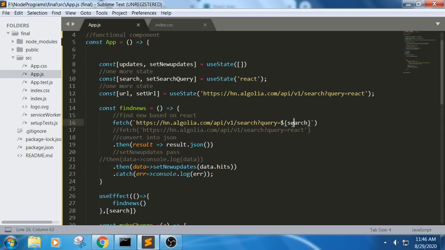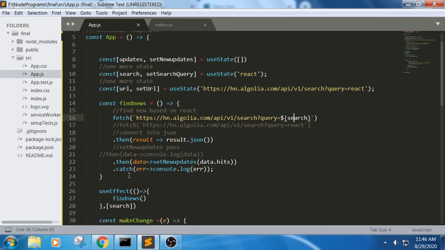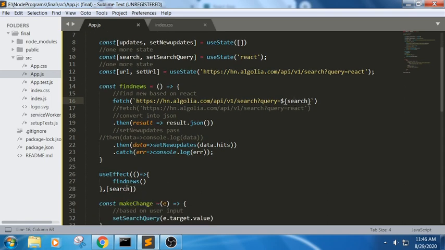Next, we are trying to use a useEffect here which will try to fetch the news. Initially it is used to retrieve the results based upon this user-given value. Now we are trying to pass the state here as URL, in the sense by default it will be a URL.